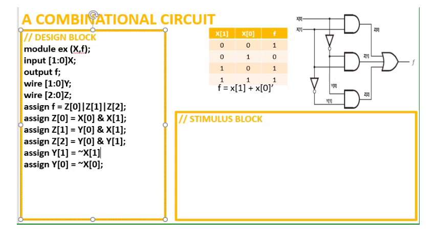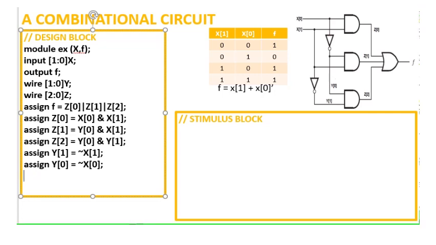Now here in Verilog you don't need to write the expressions from input to output or in any order. You can follow any order to realize the expression. That is why I have just shuffled the expressions in random order. So you can put it in any order. It is absolutely fine. So this completes the realization of the circuit. So we conclude with the end module.